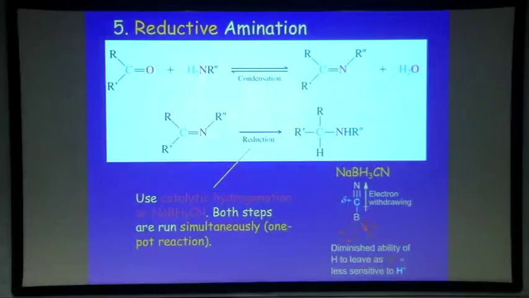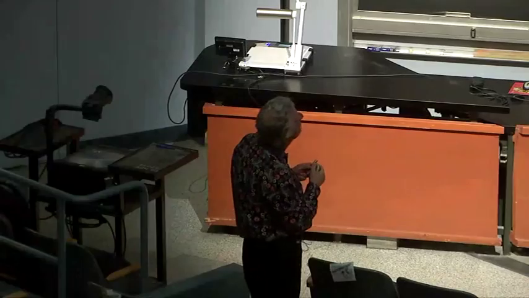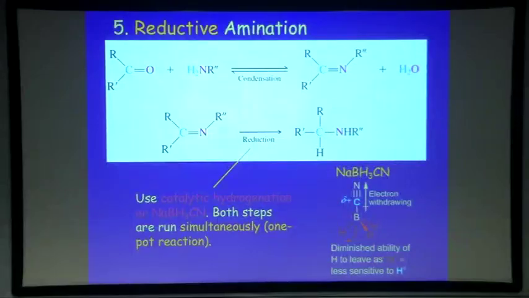If you use sodium borohydride, and in fact, initially people just dumped in sodium borohydride, they found that if you don't adjust the pH, so just mix these two and let these things roll, then the sodium borohydride would selectively reduce the carbonyl. And that makes sense because there's more delta plus on that carbon than there is on that carbon, because this is more electronegative. So hydride delivers H minus, Coulomb's law, to this carbon, which is more blue than that carbon, selectively. But people realized that if you lower the pH of this mixture to about pH 2 to 3,